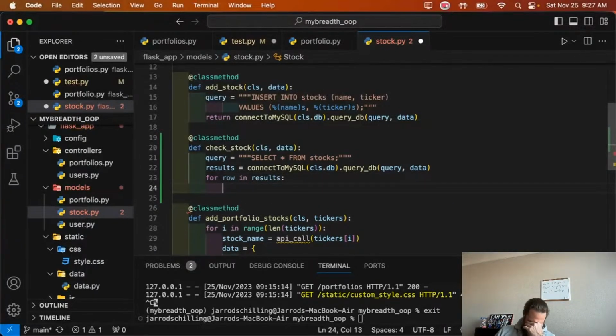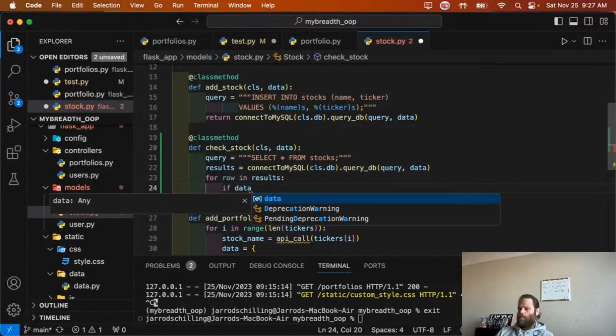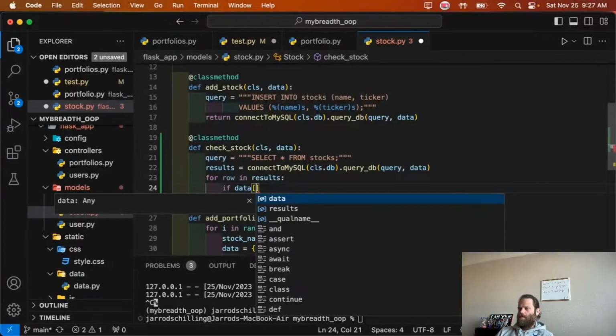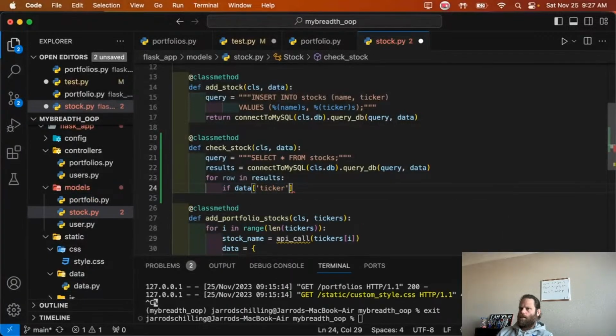And all I want is the ticker, so I just do this. If data ticker,